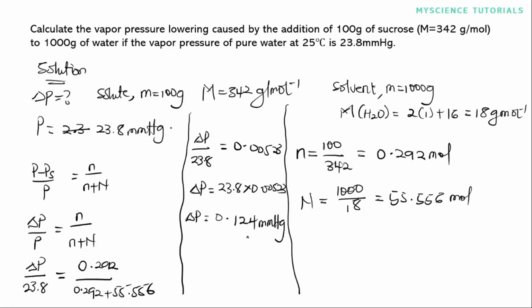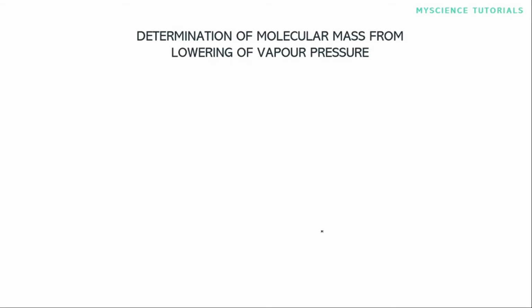millimercury. So it means the vapor pressure depression caused by the addition of 100 grams of sucrose to pure water, that is 1000 grams of pure water, is 0.124 millimercury. All right, so now let's look at how to determine the molar mass from the lowering of vapor